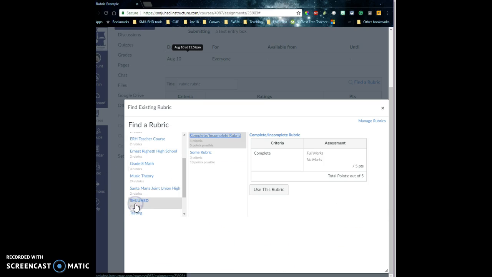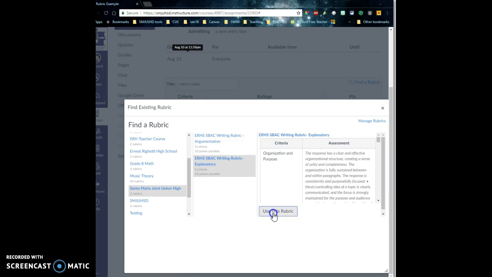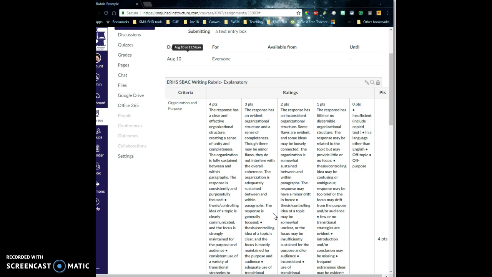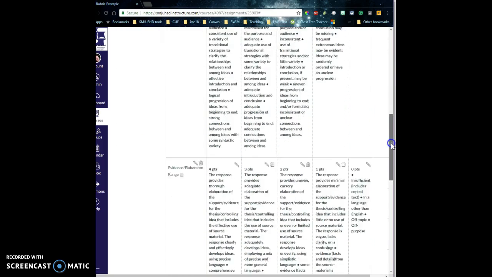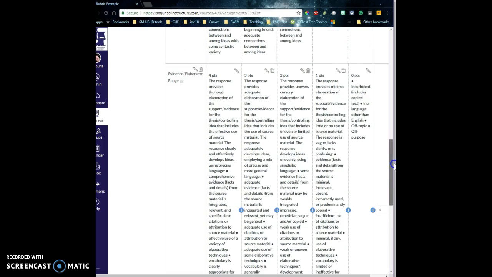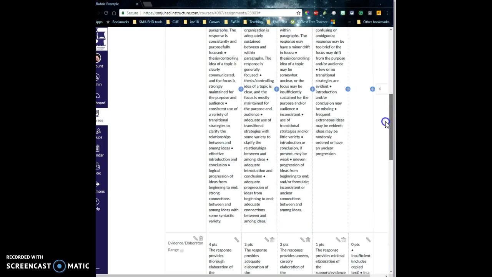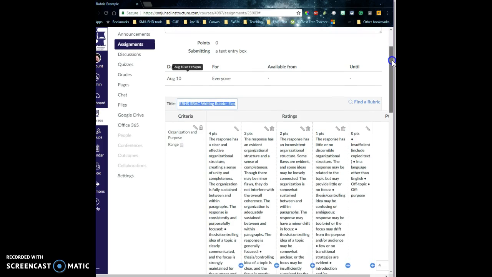If you find one in here that you like, that you want to use, so say I want to use this SBAC one, I'm going to click use this rubric. So even now using this rubric, I still can edit. Okay, if I edit this, it will create a new rubric that is based on the original. It doesn't change the original, and then the new one is saved by me, by the user. So if you create one, it's saved as your rubric. It doesn't get saved into the district